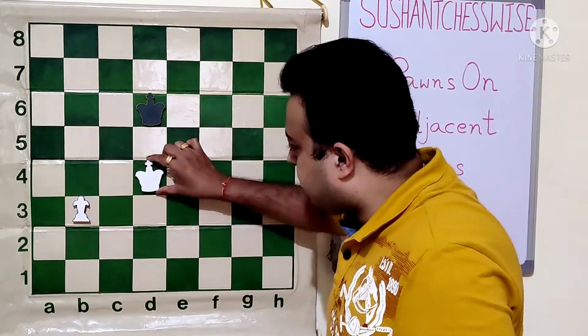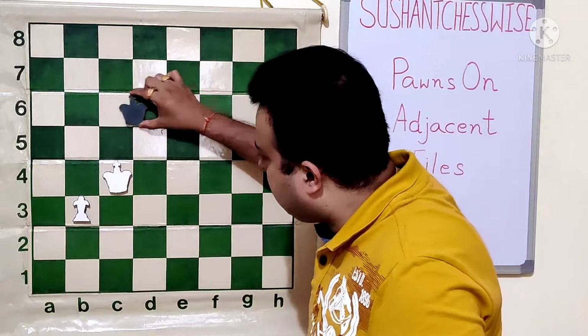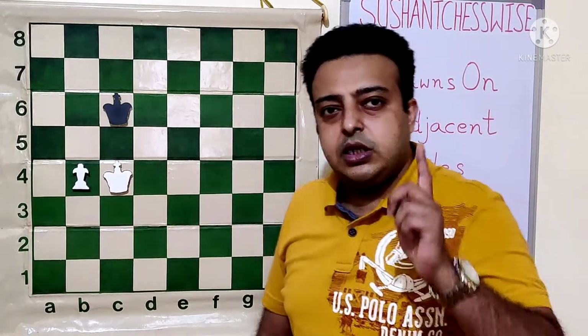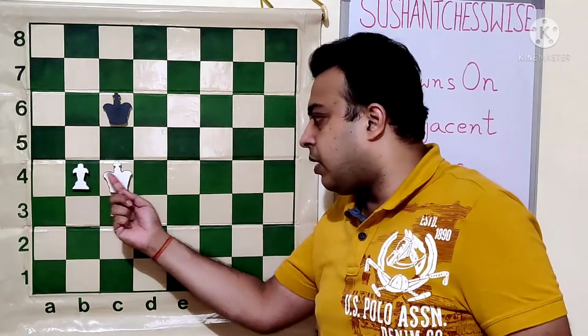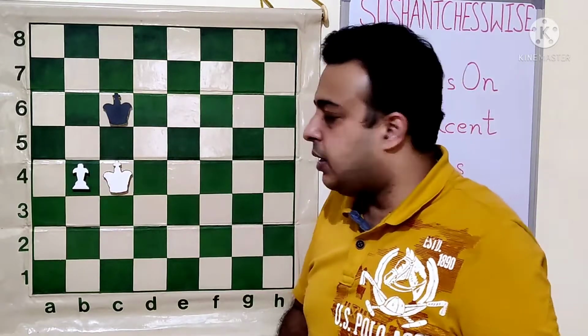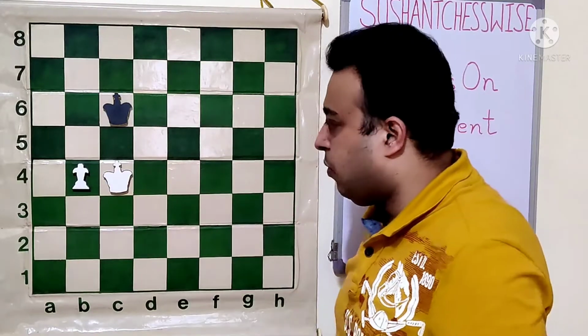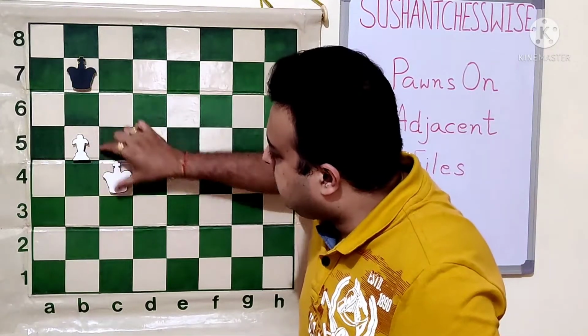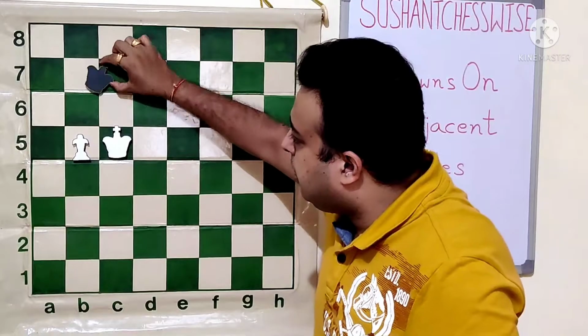So what happens? After the move Kc4, Kc6, if pawn moves to b4, this we have discussed in our earlier lesson. When pawn and king are together, the game is drawn. White is unable to win. His pawn will have to move further ahead and nothing can be done over here. After Kb6, b5, Kb7, Kc5, Kc7.